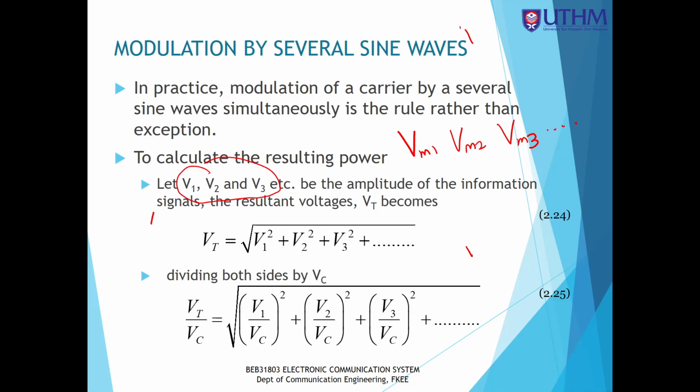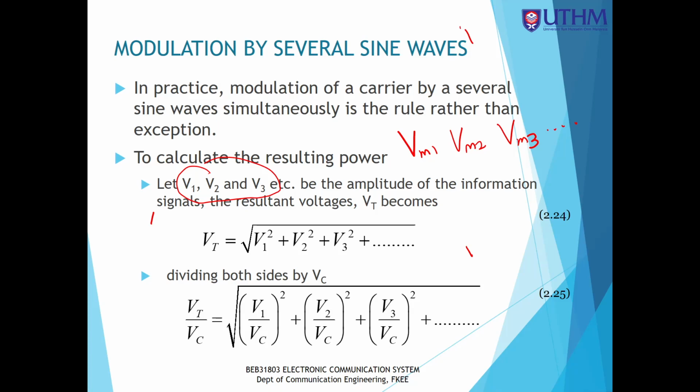So if you remember that, okay, let's say we have a VCT over here. Okay, VCT is equal to VC sine 2 pi FCT. So, and then let's say we have a VMT is equal to,